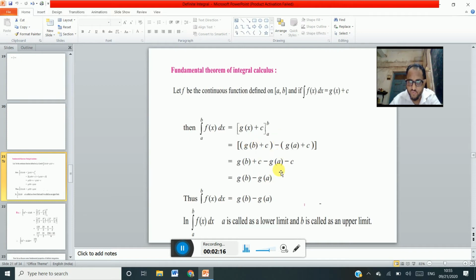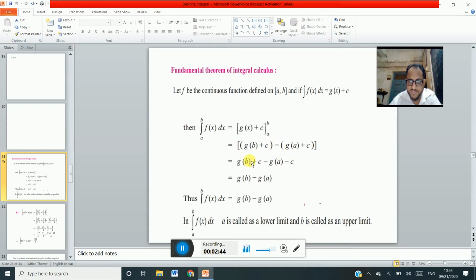These 2-3 steps are more in the definite integral as compared to indefinite integral. Nothing else. All the formulas are the same, all the processes are the same. We have to use them here as we used in the previous chapter, right? Only the difference is we have to substitute the limit in the final answer as upper limit minus lower limit, as substitution is this. And we have to solve.